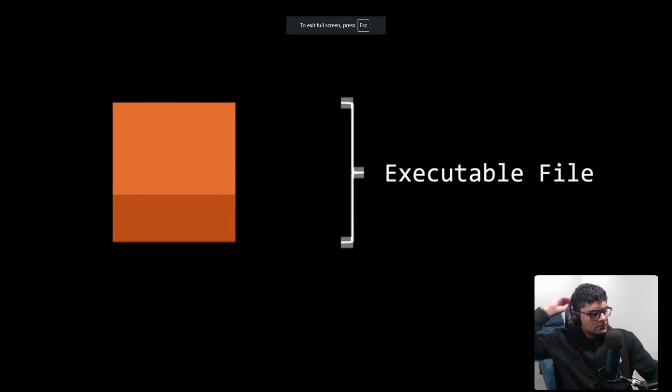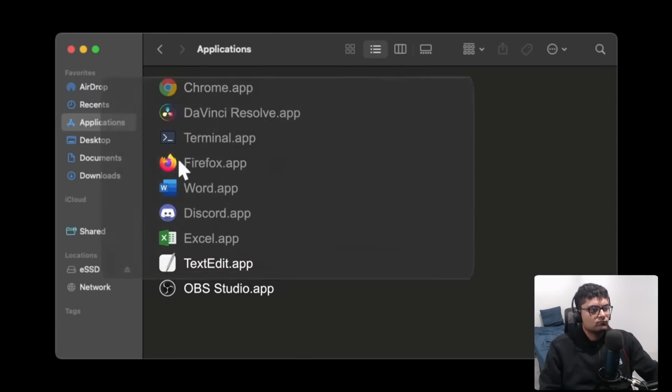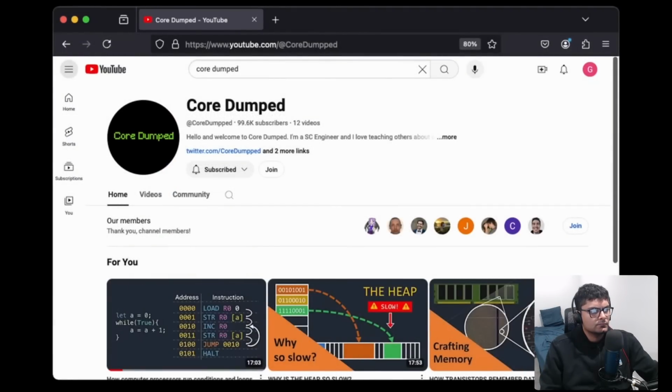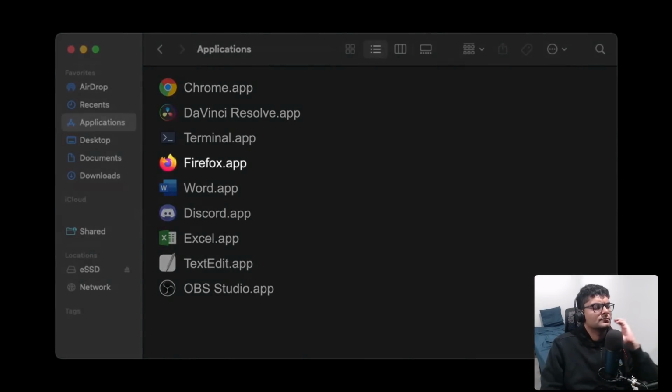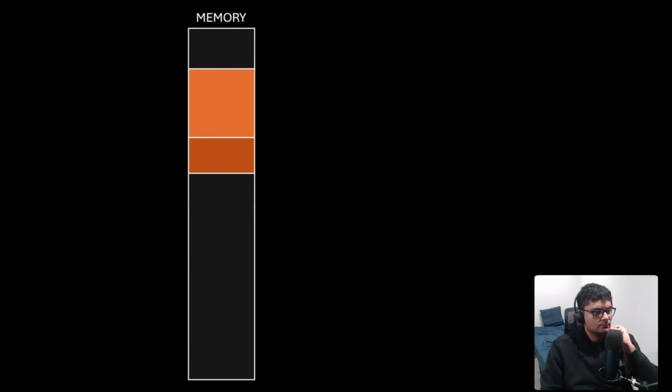A program is that passive entity that resides in your storage, waiting for you to click on it to tell the computer to start running it. As I've mentioned many times in the past, to run a program, it first needs to be loaded into memory, as that's where the CPU can start fetching instructions and data. When loaded into memory, the section containing the executable code is known as the text section, while data such as global variables and constant values is loaded into the data section.